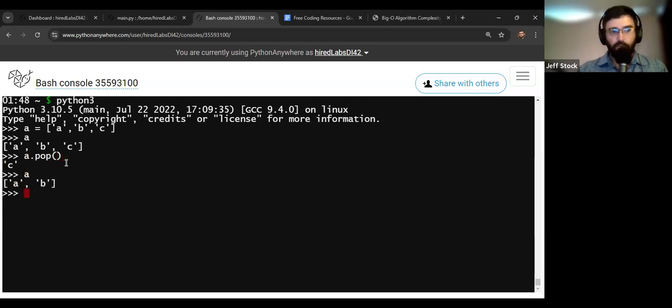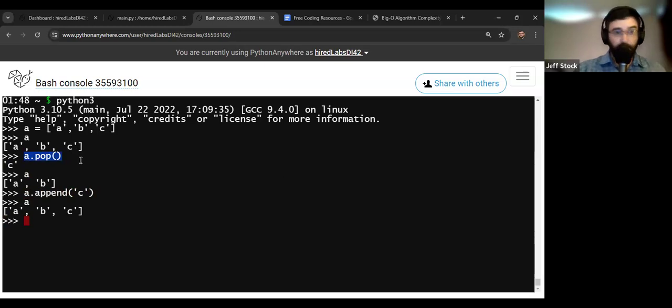and it'll remove the last element from our list. If we want to add something to our list, we can do append and put the thing that we want to append, so we can add our C back to it. We know that because there's now our list, right? So when I did these operations, I want to show a couple of things here.